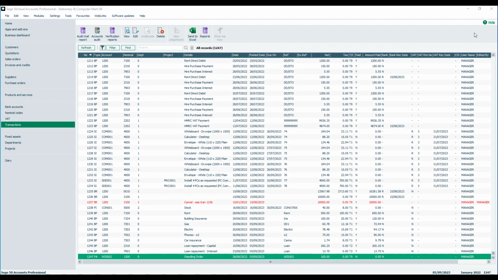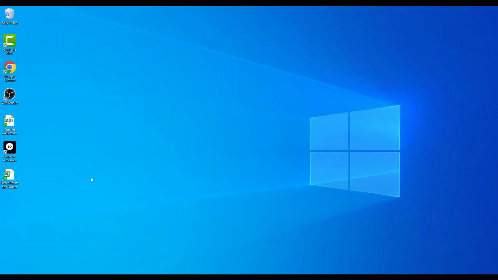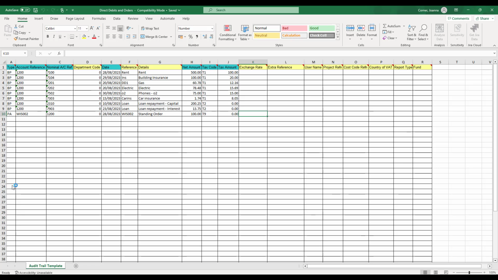One thing we don't have to do each month is follow that whole process. We've got that information saved on a workbook now. So what we can do, just close out of Sage Accounts. I'm not going to back up at this stage, and we've got our direct debit file saved. So once we've imported for, say, September, we can then go in, and all we'd need to do is amend any values that change. The dates, obviously we'd then advance them to, say, October. We might even change the day of the month when it's going to actually go out of the account. Other than that, we then save it and we're ready to import again,